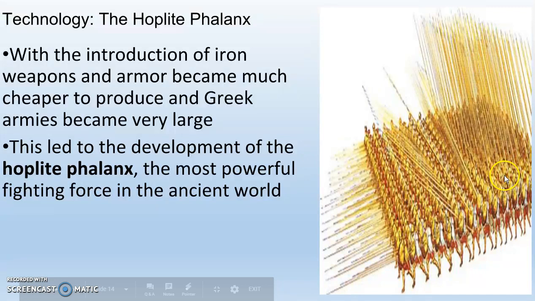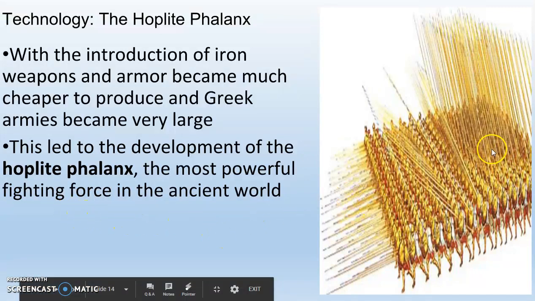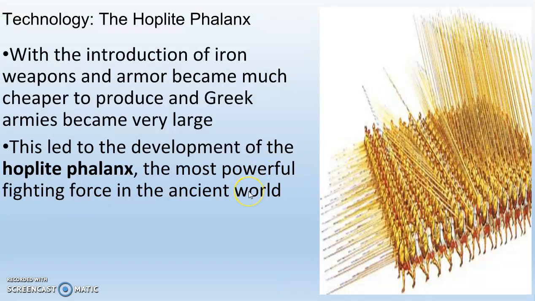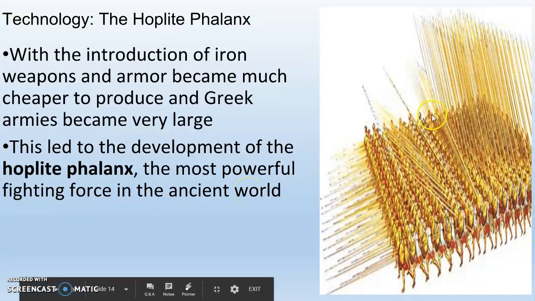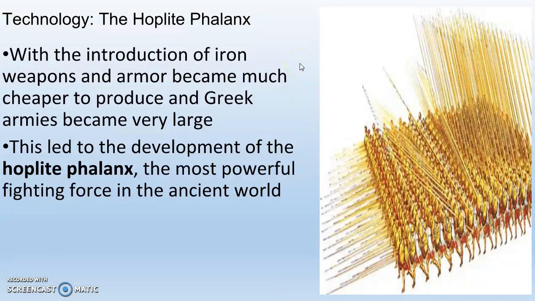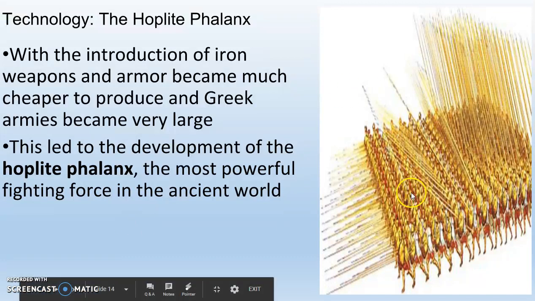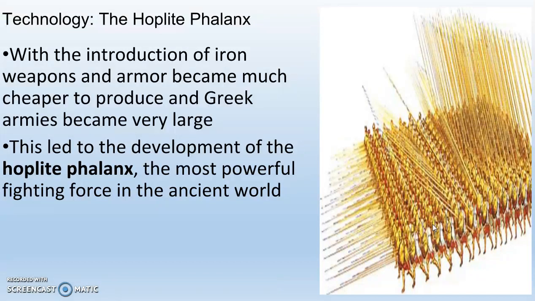So here's the way this works. They march forward. The enemies march at them. As soon as the enemies hit them, they completely annihilate them. This is the meat grinder. We're going to be talking a lot about the hoplite phalanx because it is the most powerful fighting force in the ancient world. So once again, why is this awesome? We've got long spears. We've got iron or bronze armor. All these guys know each other, so they all trust each other. They're willing to get in this formation and stay in this formation because they trust the people beside them.